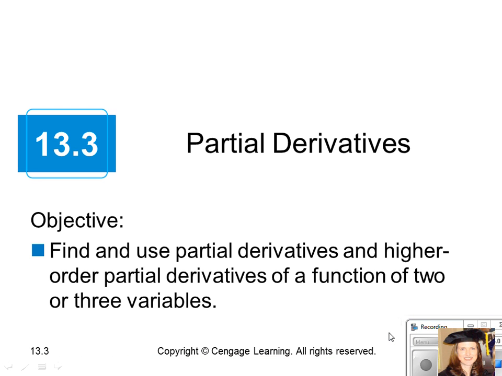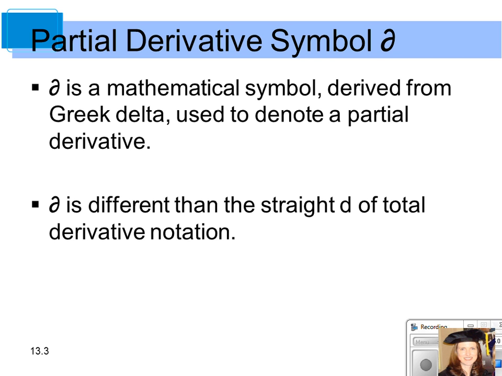Chapter 13, Section 3 is on partial derivatives. Our objectives are to find and use partial derivatives and higher order partial derivatives as a function of 2 or 3 variables. Now in this chapter, and what you'll see when I handwrite some of the problems, is this symbol